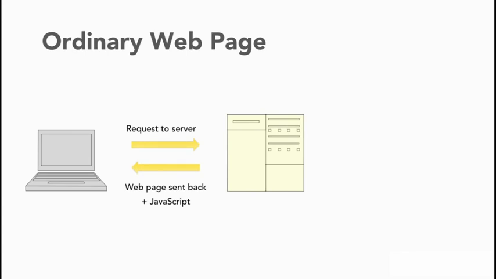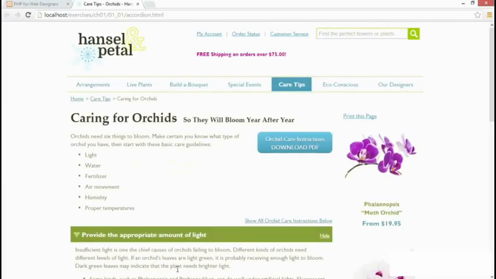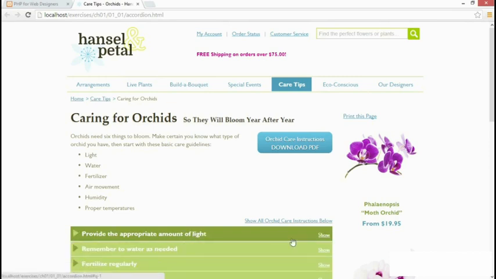If the page contains interactive features such as an accordion or tab panels, the JavaScript that controls them is sent along at the same time, either in a separate JavaScript file or embedded in the HTML. This HTML page contains an accordion widget. As long as the page remains open in the browser, the JavaScript sits patiently listening for click events. As soon as I click on the heading of a panel, the JavaScript springs into action, sliding the panels open